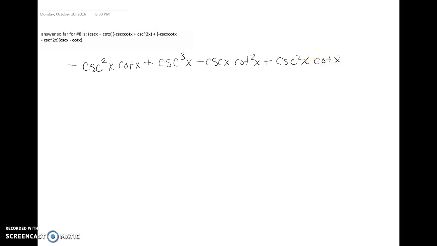And then for the second set, we also need to FOIL. So the first terms would give us negative